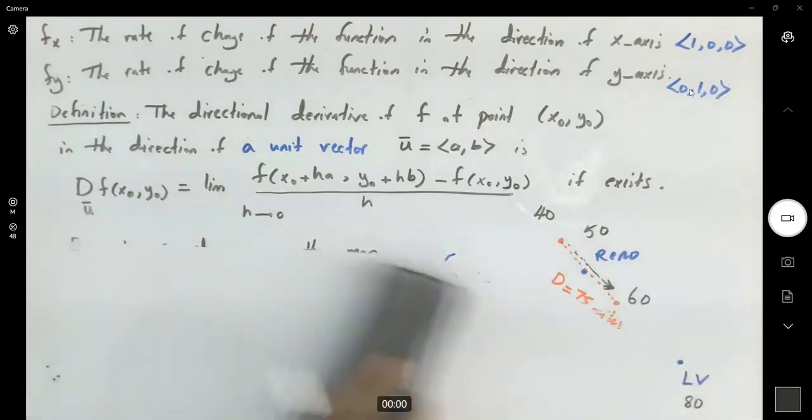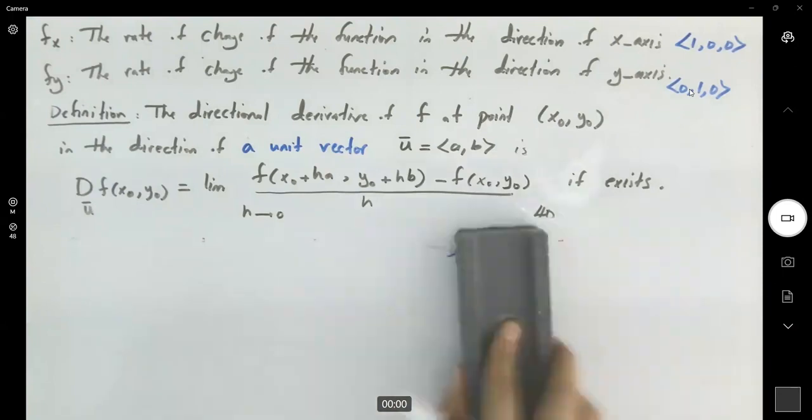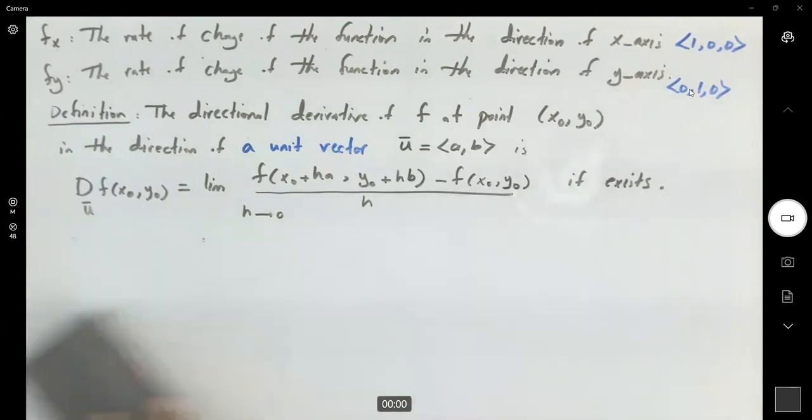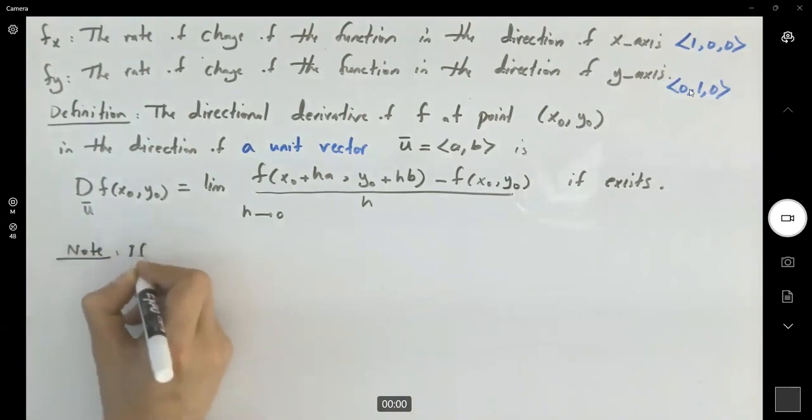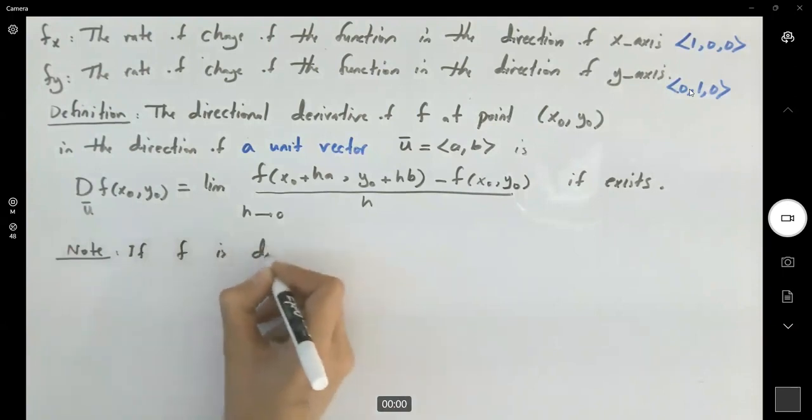In the shortcut here, let us write down the shortcut. If your function is differentiable, if we know about that, if you're sure about that, we can prove that. Note that if f is differentiable,